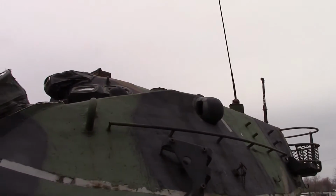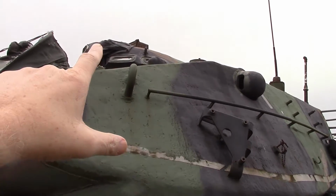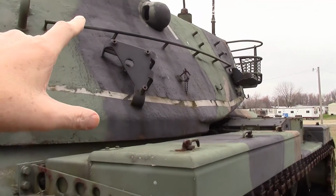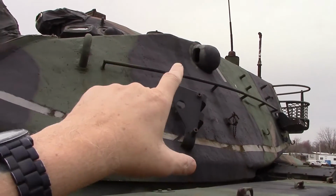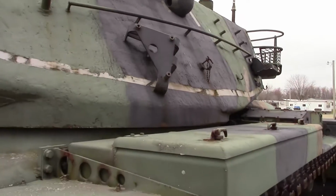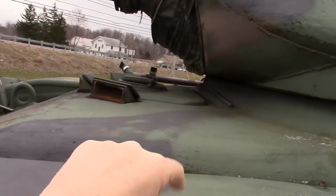For the crew, that other little turret you see up there is a 50 caliber machine gun mount, and that's the tank commander's turret. I don't want to climb up on top of this thing. Getting up in age here, and my equilibrium doesn't work right. But there's another hatch right here on the top side of this turret, and that's where the crew dropped down inside. After everybody got down inside, and of course the driver went first because he had to get down here in his compartment,